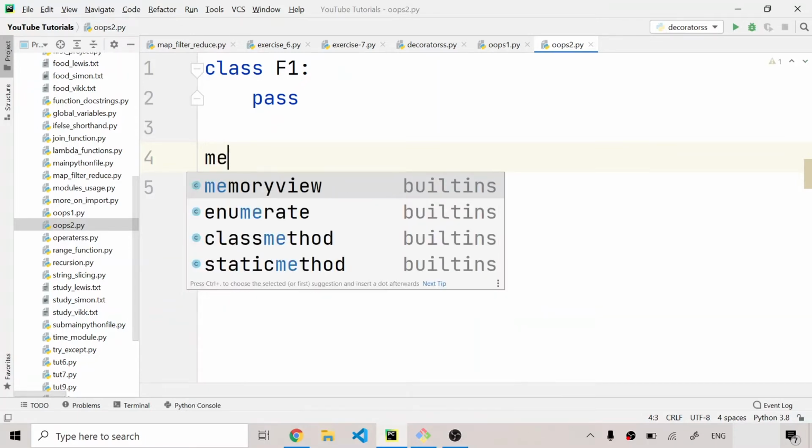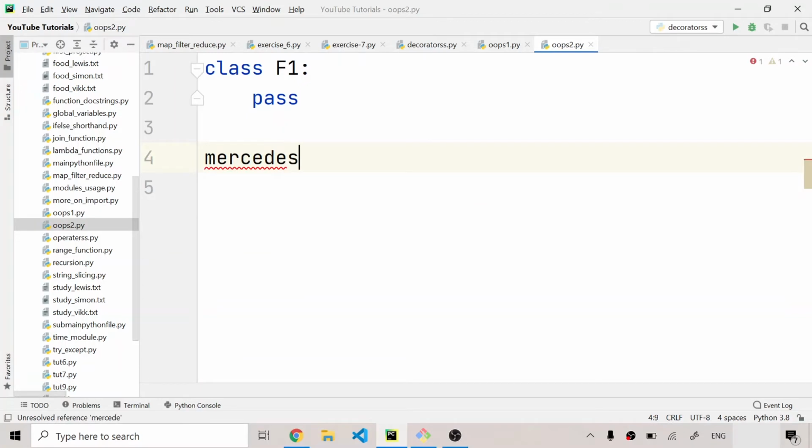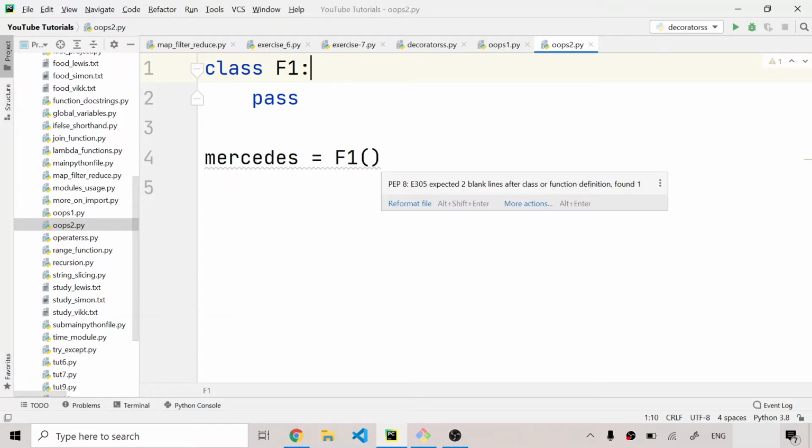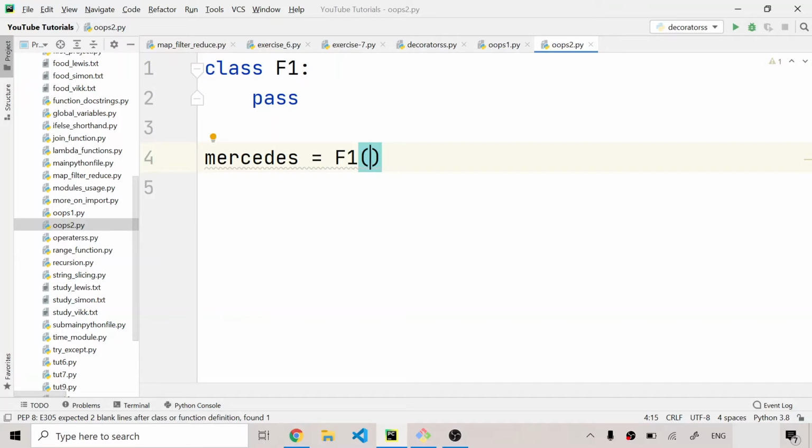So I'm going to write Mercedes, and after that we have to put an equal to, and then the class name, F1, and after that an empty parenthesis. Now these parentheses, guys, you might require for a constructor in the OOPs concept, and we'll talk about this, so don't worry about what a constructor is, because I'm pretty sure that you are not familiar with the OOPs concept. But many people coming from a C and C++ background know what a constructor is. So for the beginners, you just have to put these parentheses.